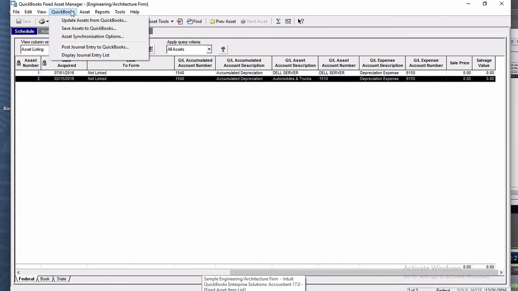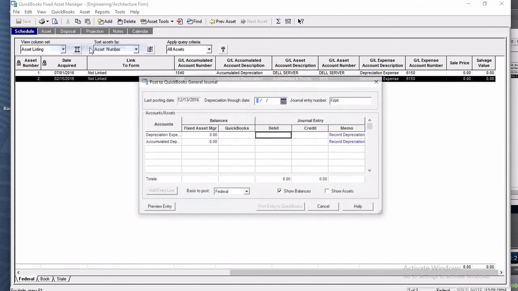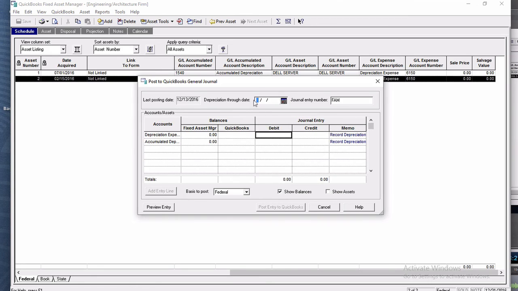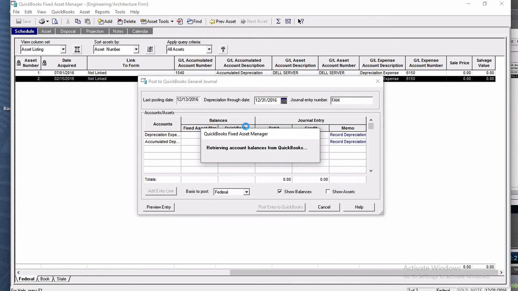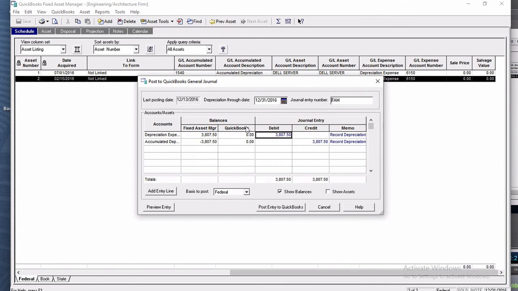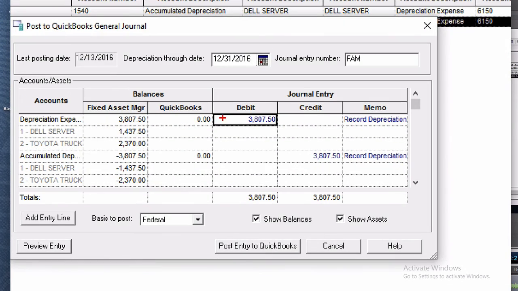Anyway, to create that journal entry, we're going to click on QuickBooks, post journal entry to QuickBooks. So I'm going to go ahead and click on that. And then it tells me, well, when would you like to post a journal entry? So I'm going to put here 12/31/2016. Hit tab, and then the system will calculate my debits and my credit entry. If I actually click on show assets, we can see them broken down by asset there. Now, they don't get posted individually like that. They'll just be one overall journal entry, in this case for the 380750 debit and the